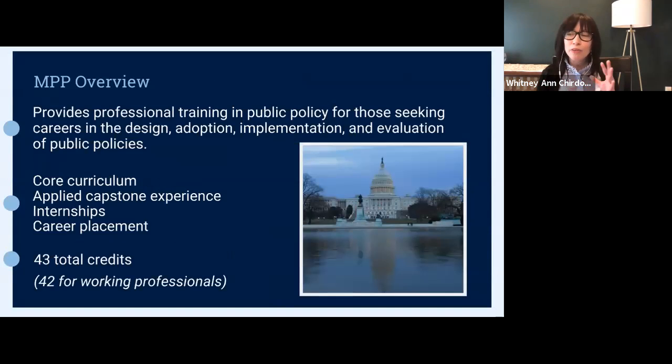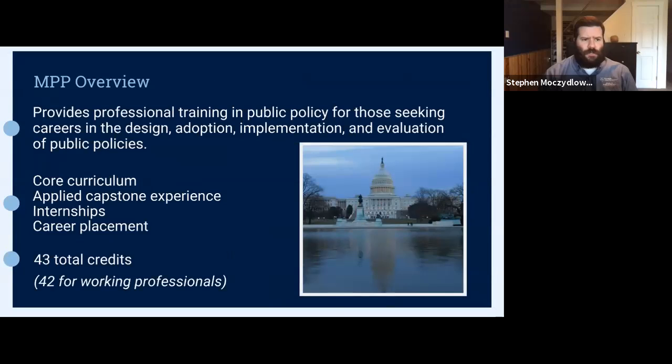Steven, tell us more about the program, the structure, what it provides. So the Master of Public Policy degree that we have here at Penn State provides students with the hard and soft skills that are necessary for them to go out and become policy analysts. You will get a couple different types of classes and assistance from us within the program. We have the core curriculum, which most students will complete the majority of during their first year. You have the applied capstone experience, which will be done in your final semester, and Catherine will talk a little bit more about that later on in the presentation.